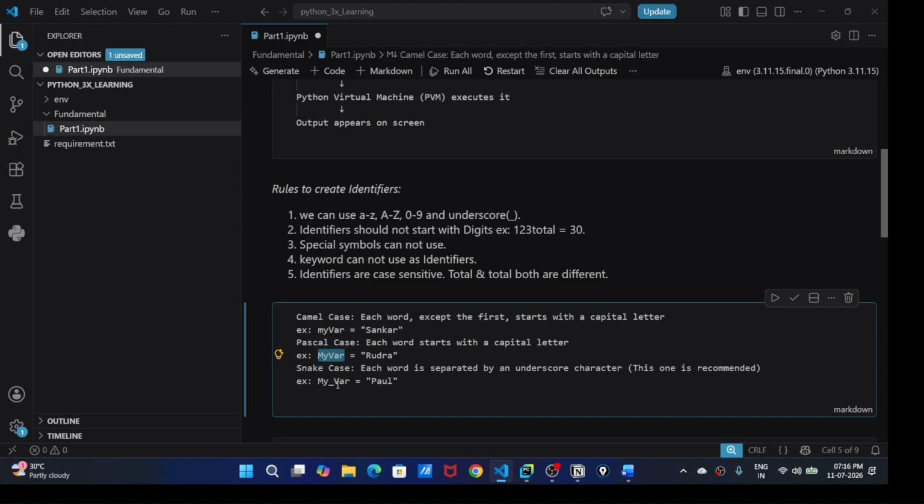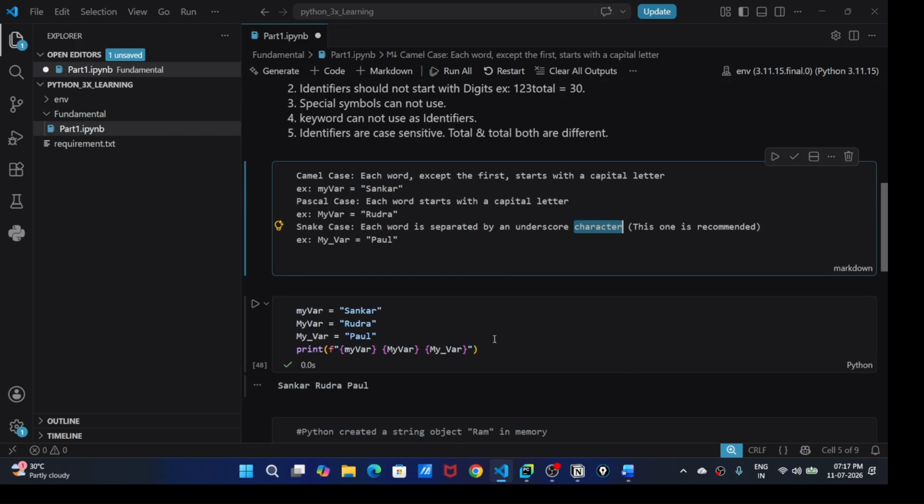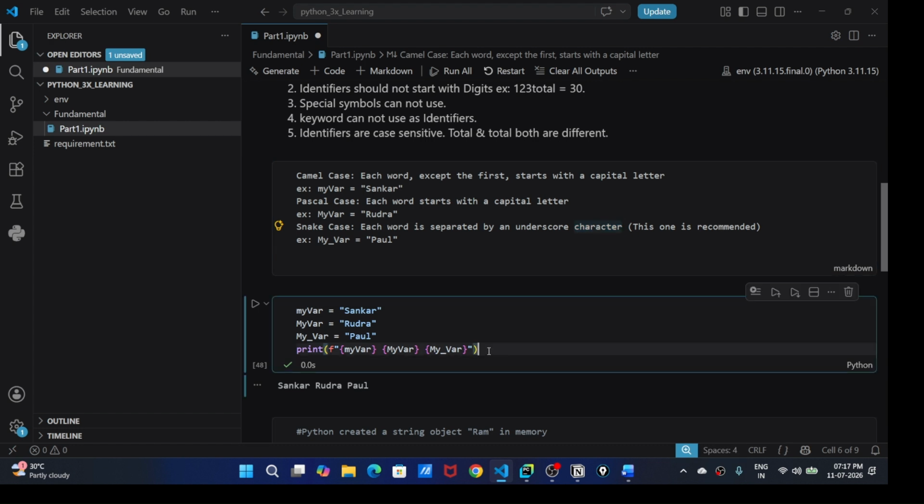Snake case, where the words are separated by the special symbol underscore, so each word is separated by the underscore character. Here I have written print for all these three variable names. So these are the rules we are supposed to follow.